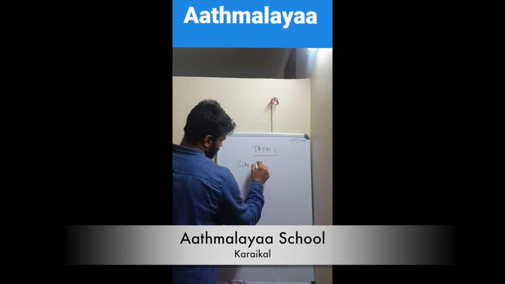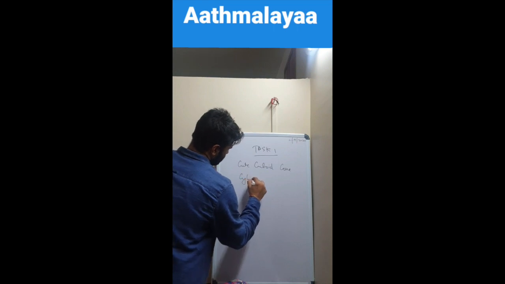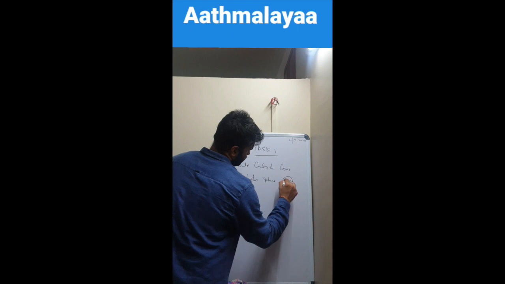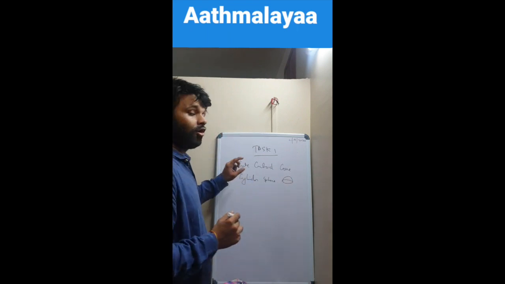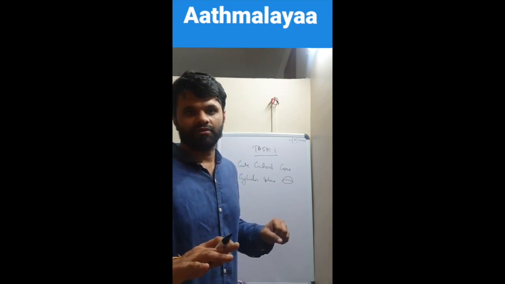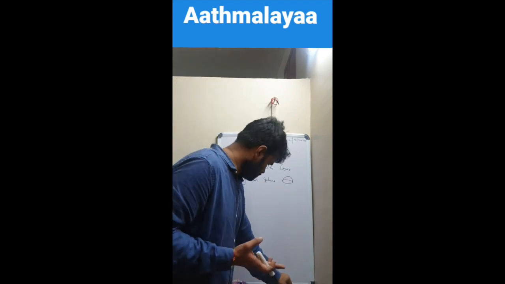Cube, cuboid, cone, cylinder, sphere and a hemisphere. All these 6 figures, go through your home. வீட்ல பொருள் இருக்கும், like how I found a lemon, this